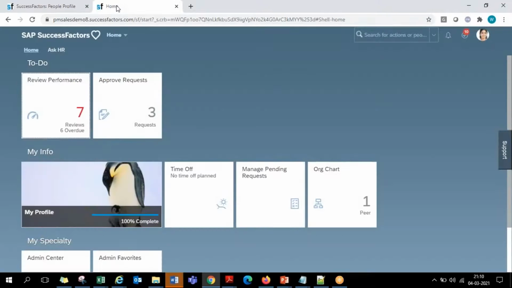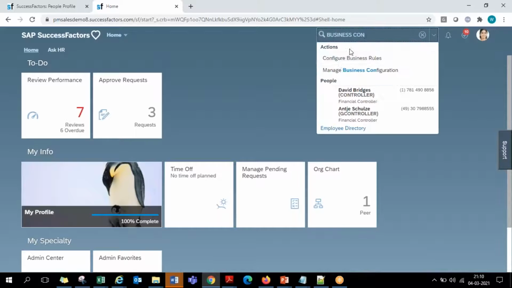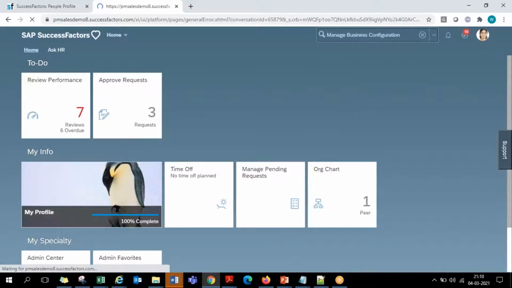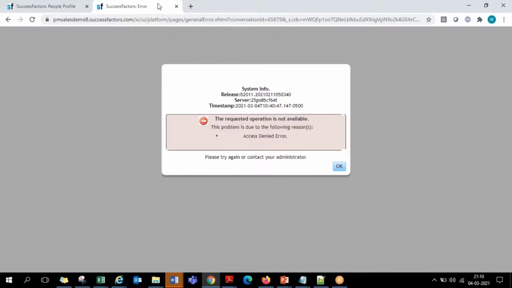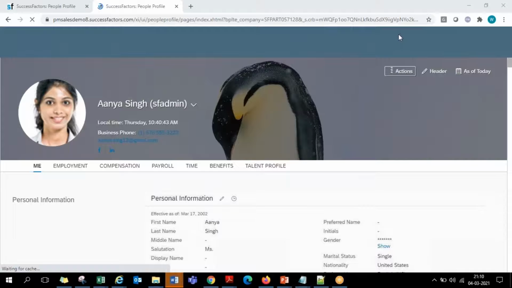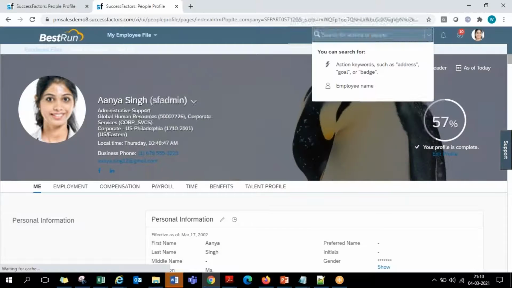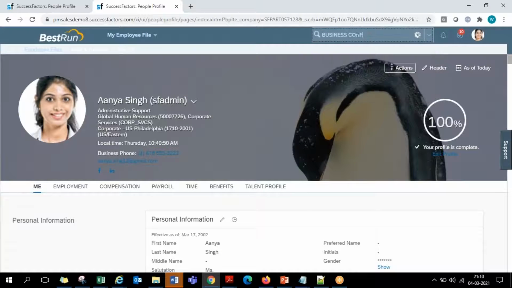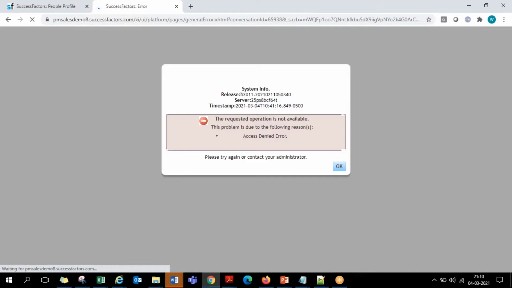But when you see it in the SuccessFactors data model XML or in the business configuration screen, so here in this manage business configuration, second guys, seems to be some issue. Just a moment. What's this?